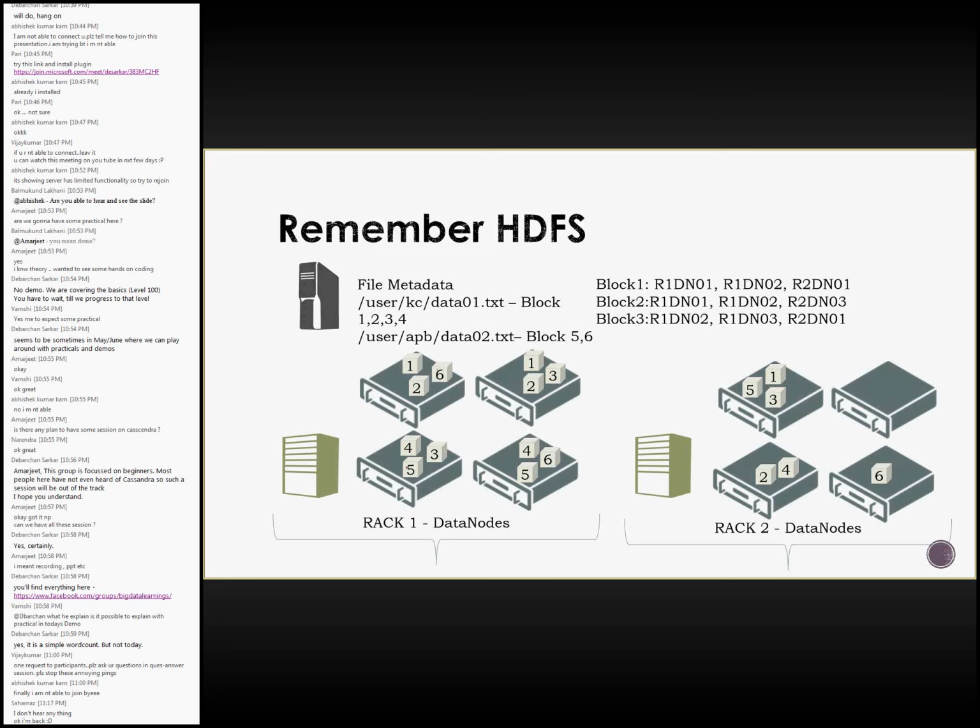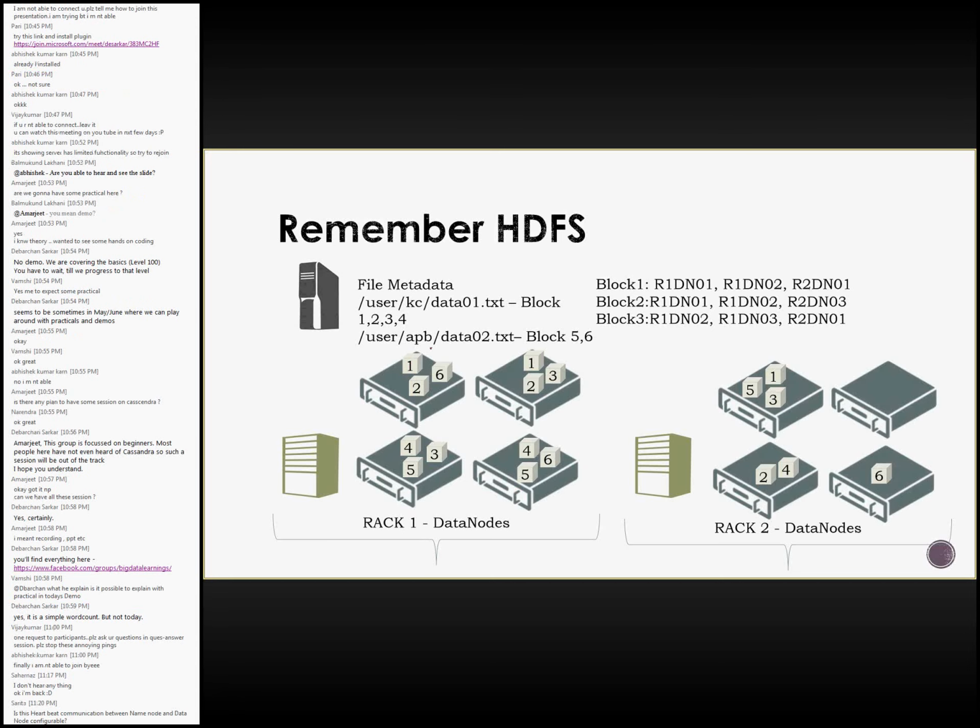Or else, let us say I'm computing a MapReduce job, or my word count, on this data 01.txt file, and the blocks are available within this same rack, I can easily compute within this. I can start the task trackers within these 4 machines and get the job done. Let us say one of the machines has failed, and let us consider this guy. This guy has failed, okay, and I don't have,